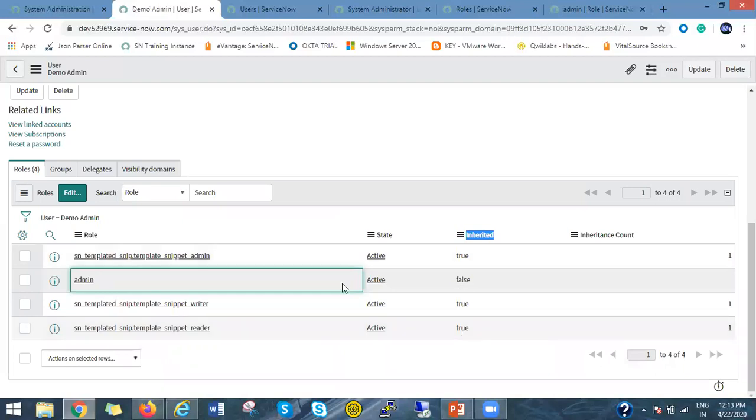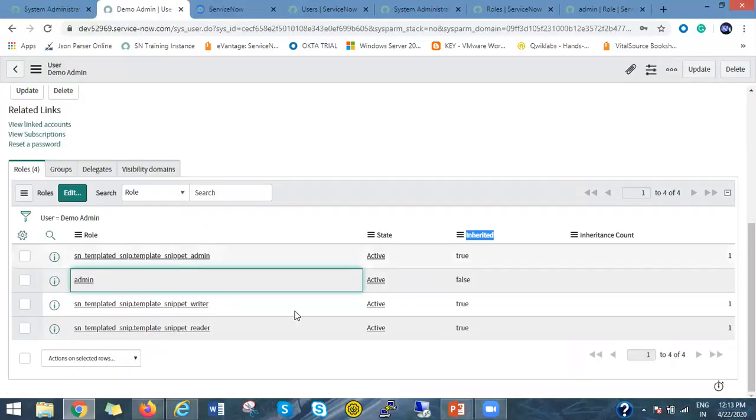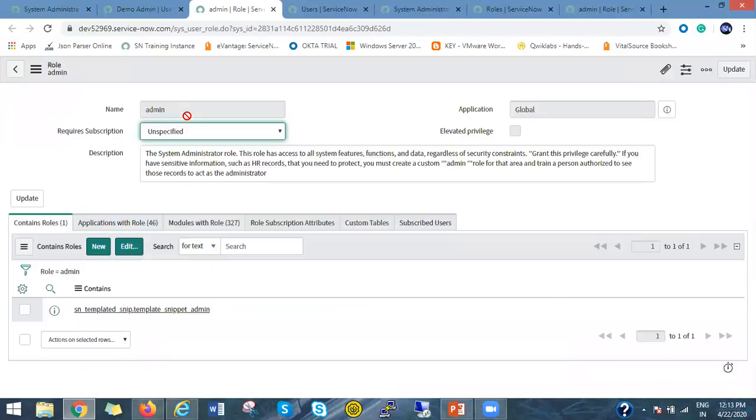So what is the meaning of this? If you assign the admin role to a particular user, this admin role contains other roles as well. So by default, these other roles are inherited when you assign the admin role to the user. So you can see this is the admin role and these are the contained roles, right?